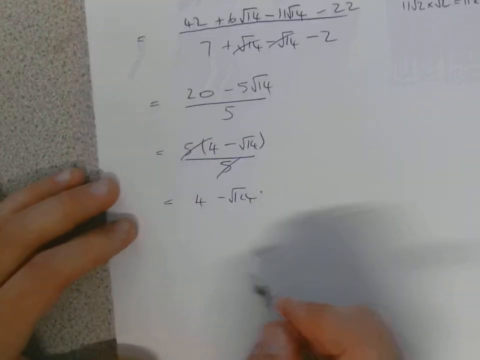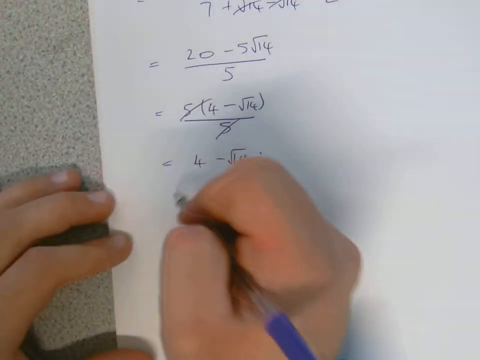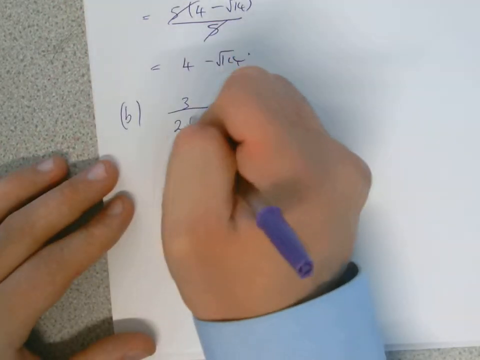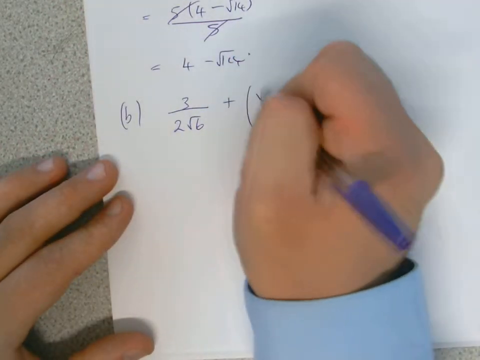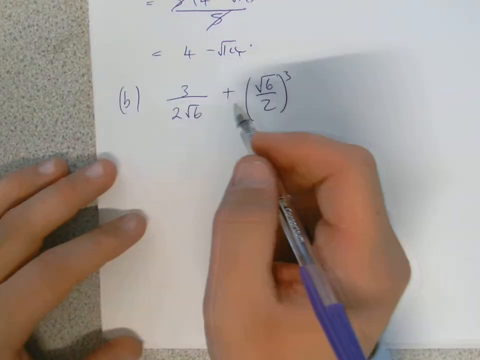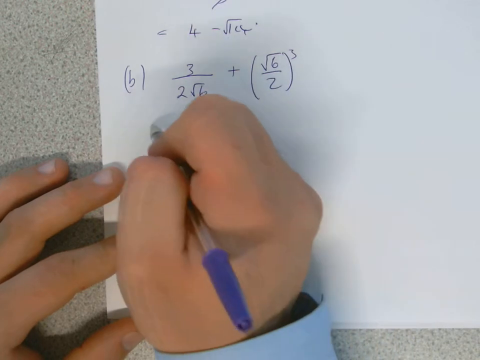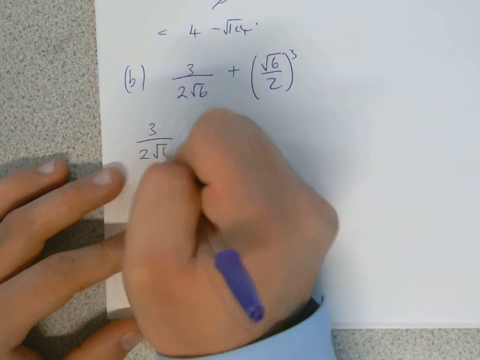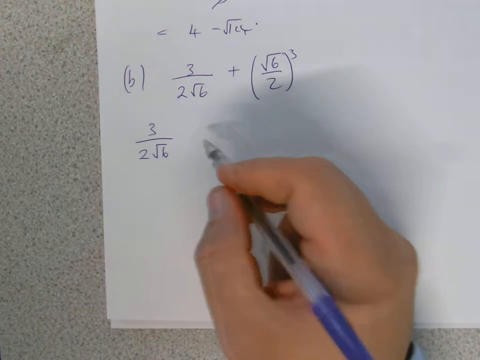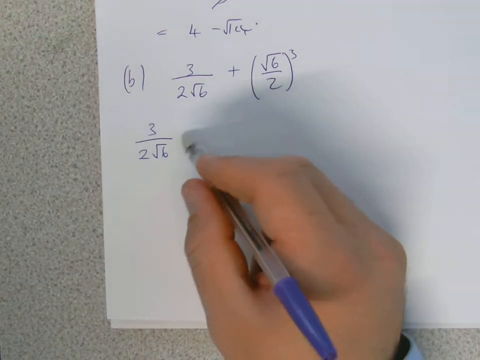Okay, part B, right? With part B, you've got this here. So again, I would do this in parts. I would do the first bit to begin with, 3 over 2 root 6. Okay, so to rationalize it now, we need to multiply by,